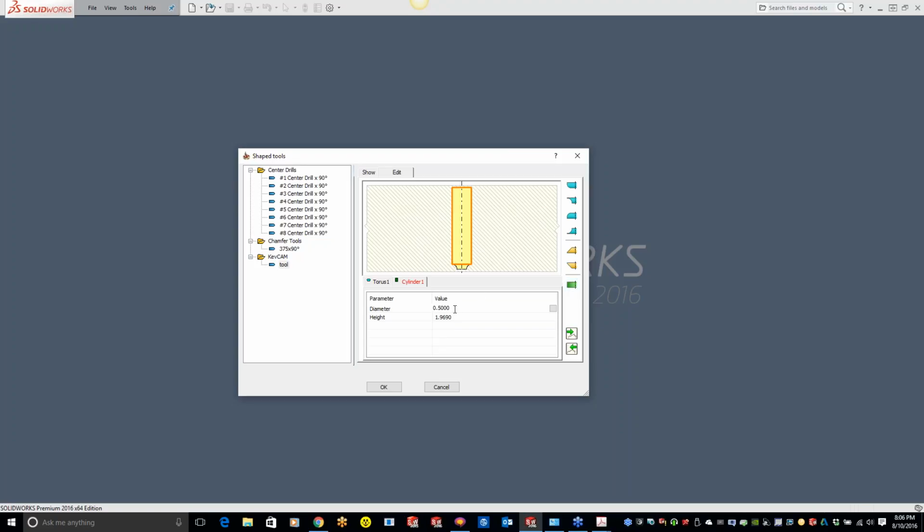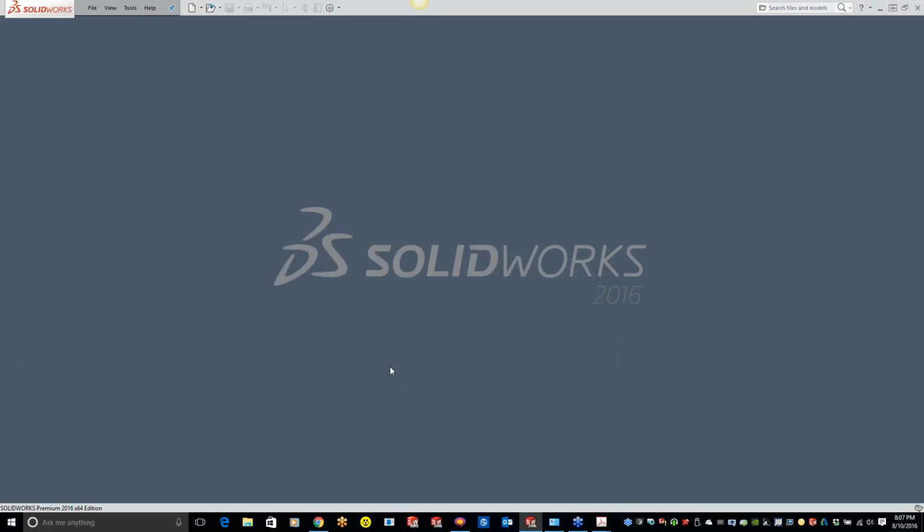Now we have a 1/2 inch diameter shank. The height of it is 2 inches, but we can make this 4 inches to get into the tool holder. So we got our shape there. We're halfway there. As soon as we hit OK, that shape tool has stayed in there forever.